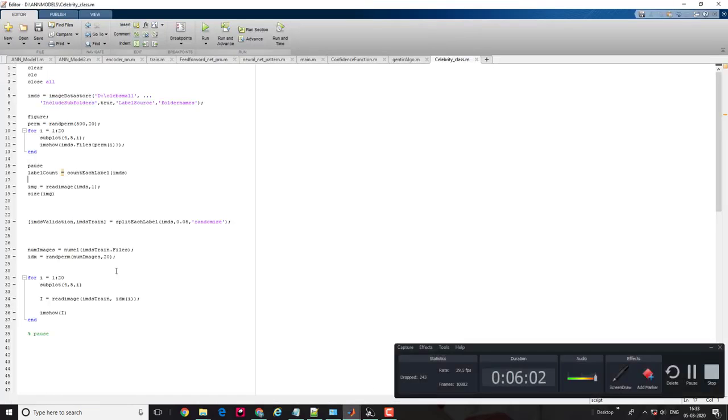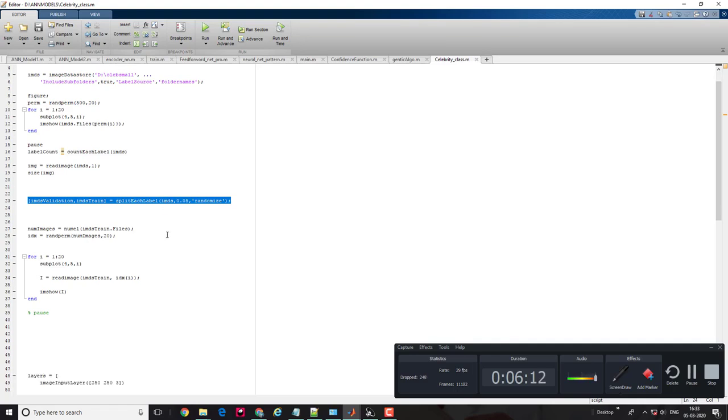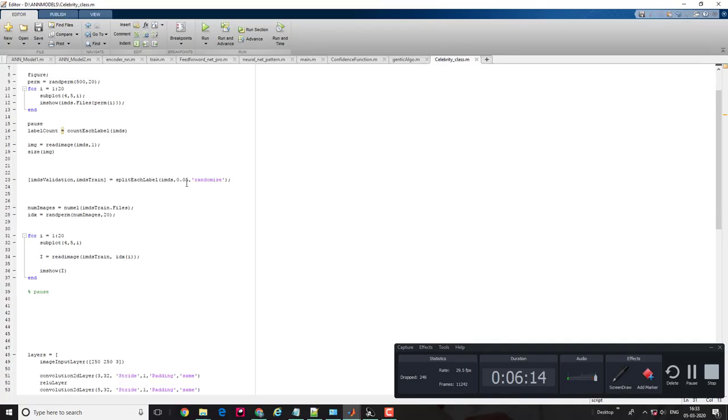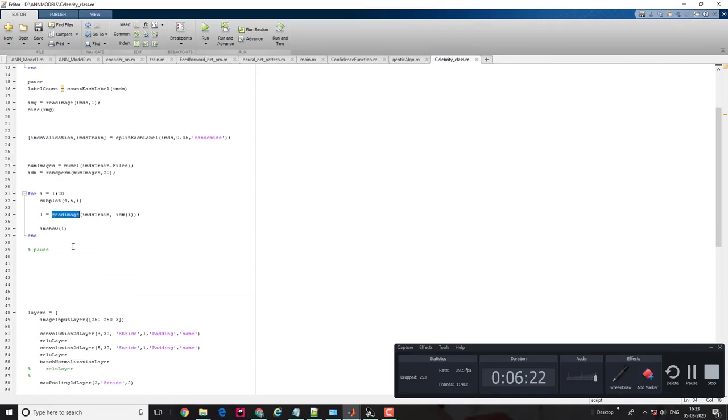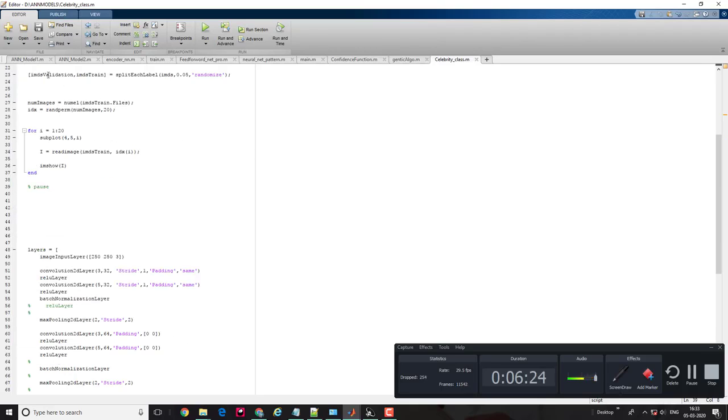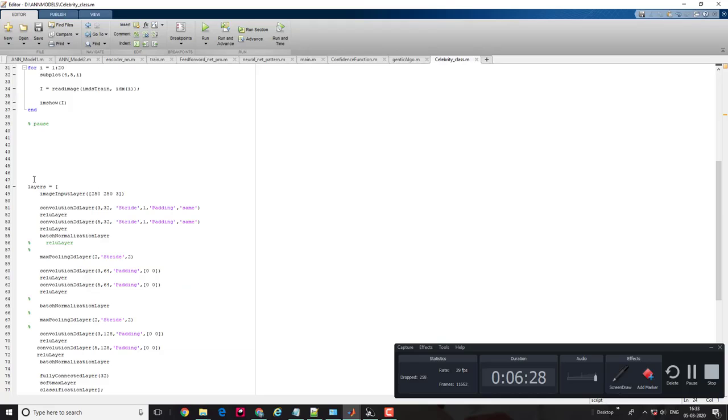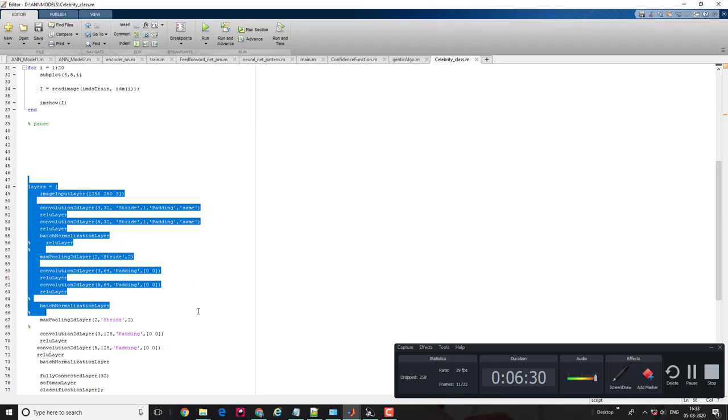Now we actually inspect the data. It's time to split the data for training and validation purpose. I'm going to show you the quick sort of training. So I've just made a split of 0.05%. You can make a split as much as you want to make the program more workable. Once I split the data into train and validation test parts, it's time to create your neural network.